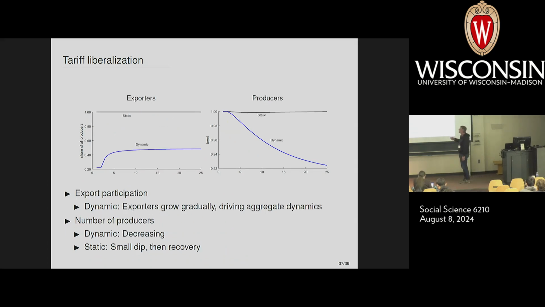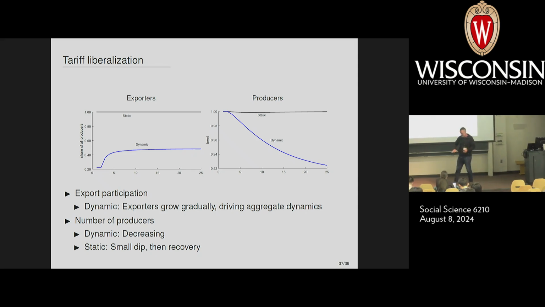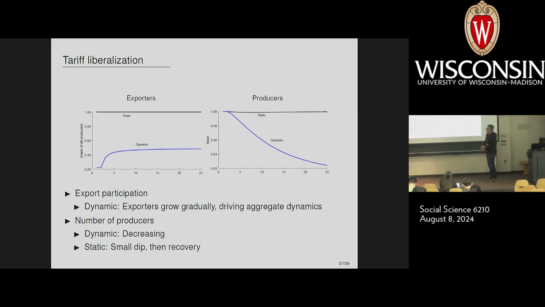Here's the number of exporters, the extensive margin. In the static model, nothing happens because everybody's already exporting. Nothing changes here. Here you can see this is the slow accumulation of exporters. Tariffs fall, so now that tariffs are lower, more people want to enter. So tariffs fall, we dump a bunch of firms in the market. Some of them stay, some of them exit. Then we dump some more firms in the market. Some stay, some exit. More firms enter, right? And it takes time over these successive waves of entry to get to the new steady state